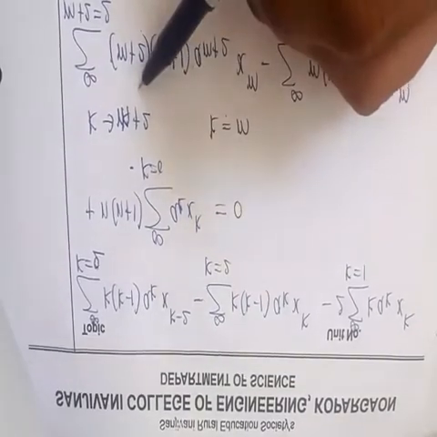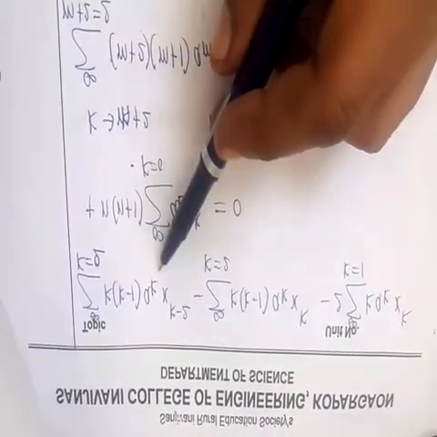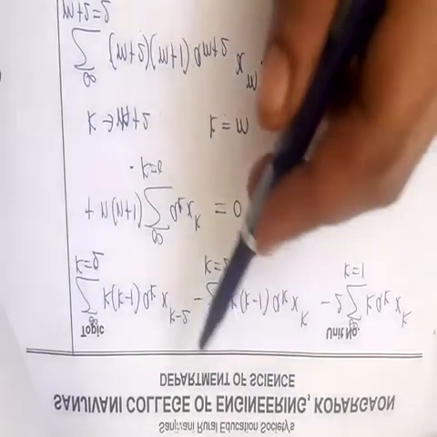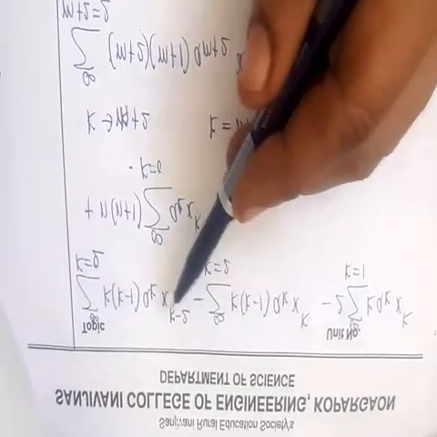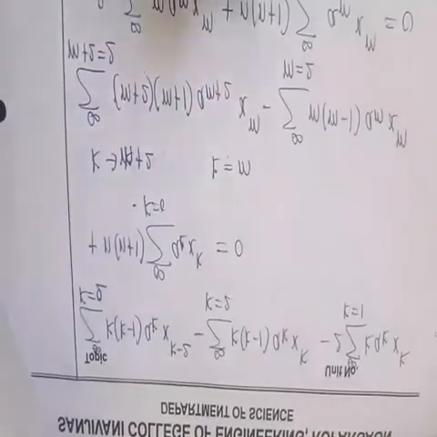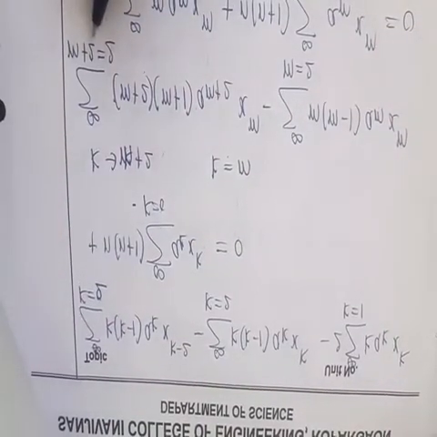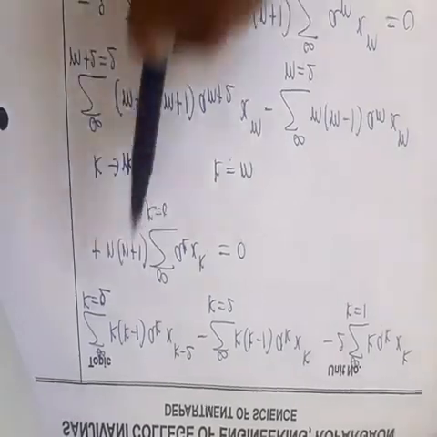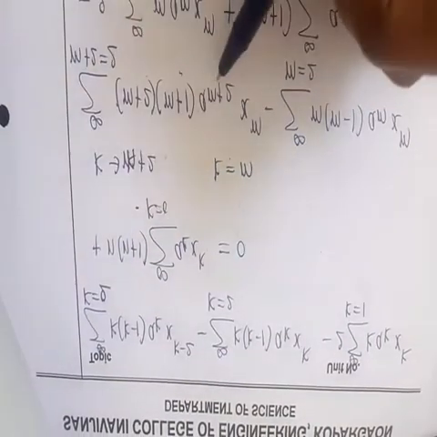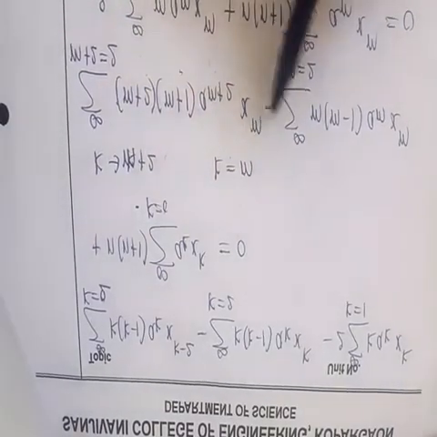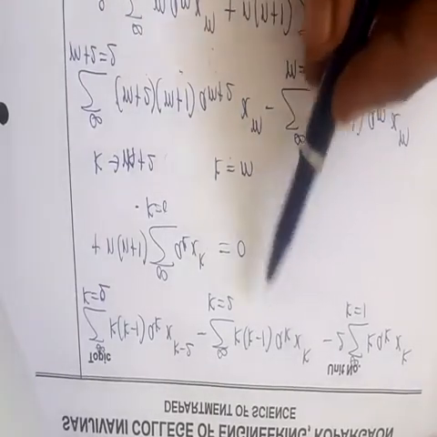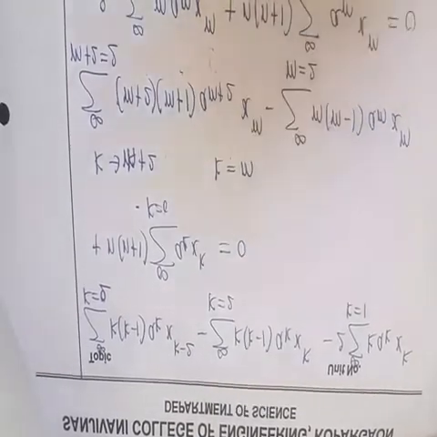Now replace k by m plus 2 in the first summation, because we want to convert all these powers to the same. So here x to the power k, here x to the power k minus 2. If we replace k by m plus 2, we get x to the power m. So here m plus 2 equal to 2 to infinity. Replace all k by m plus 2. So in the first summation, we get (m plus 2)(m plus 1) a_(m plus 2) x to the power m. We convert all these summations in terms of m by substituting k equal to m.